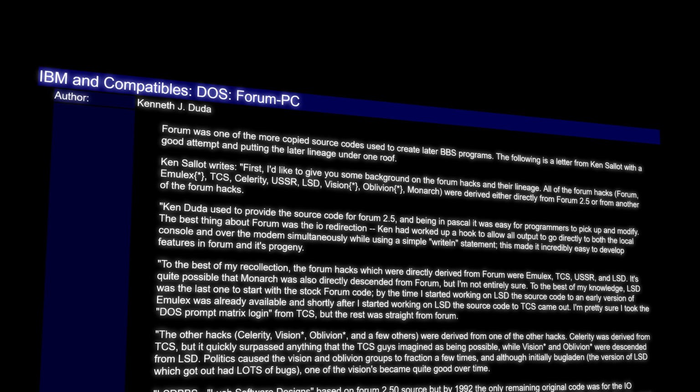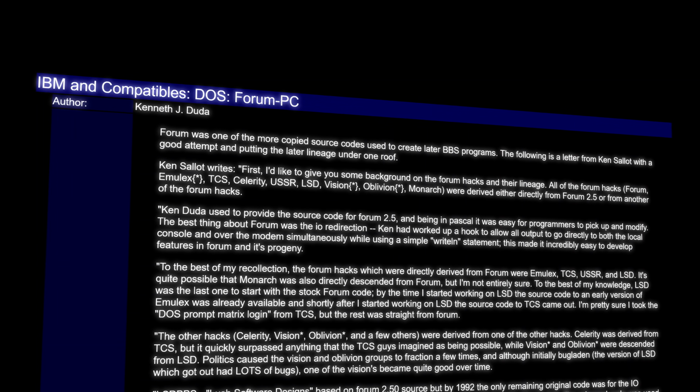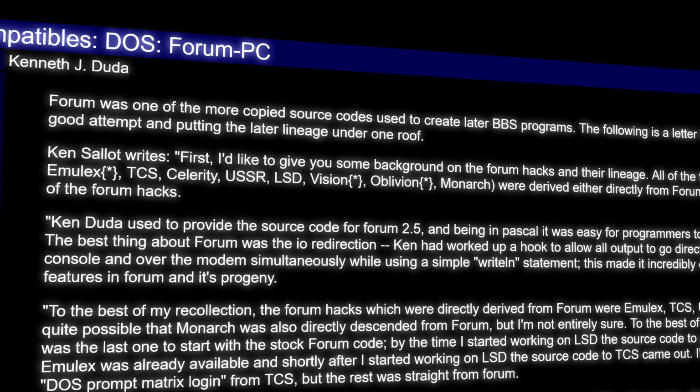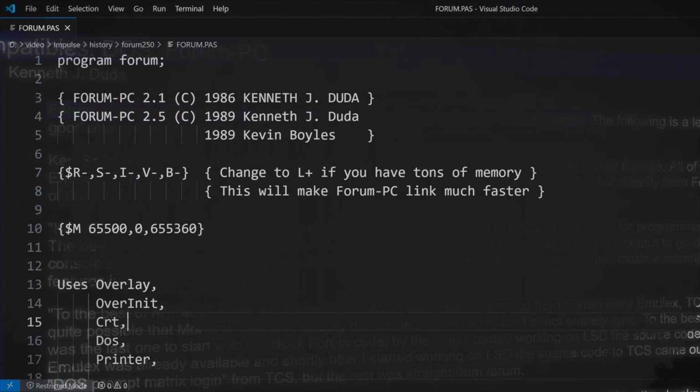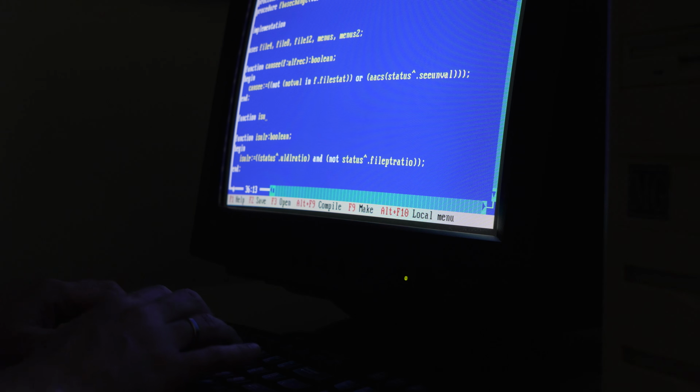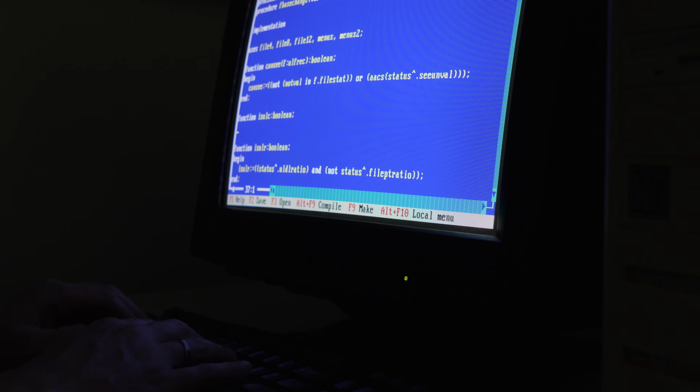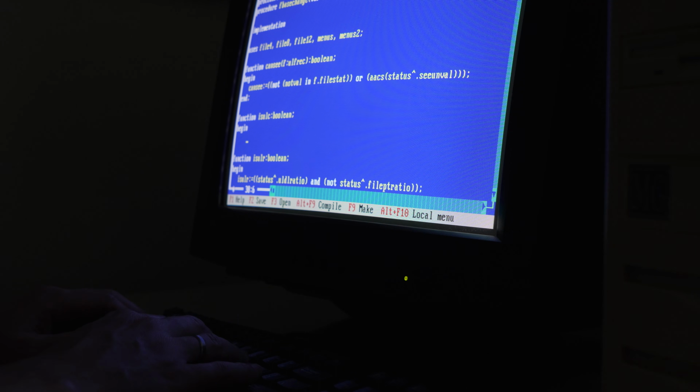In the late 80s, Sneed began coding a new BBS based off of Forum PC, a popular BBS platform to expand on. It was written in Pascal, and Sneed began learning the language to craft his own BBS. But his development platform at the time was pretty limited. My computer was probably the crappiest computer you could get. Whenever I got it, it was already outdated. My dad was rolling a 386 over there like a boss, and I've got this 8088.